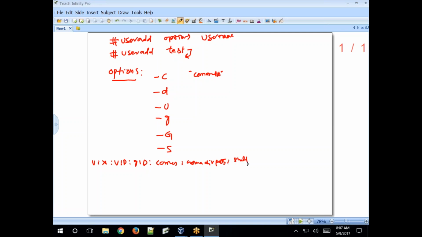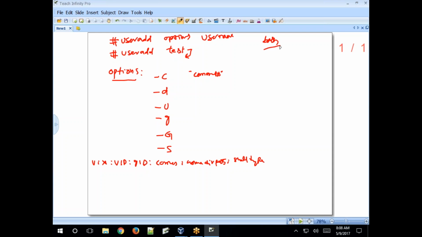One shell will also be allocated for this user at the time of creating the user. The default login shell is bash.